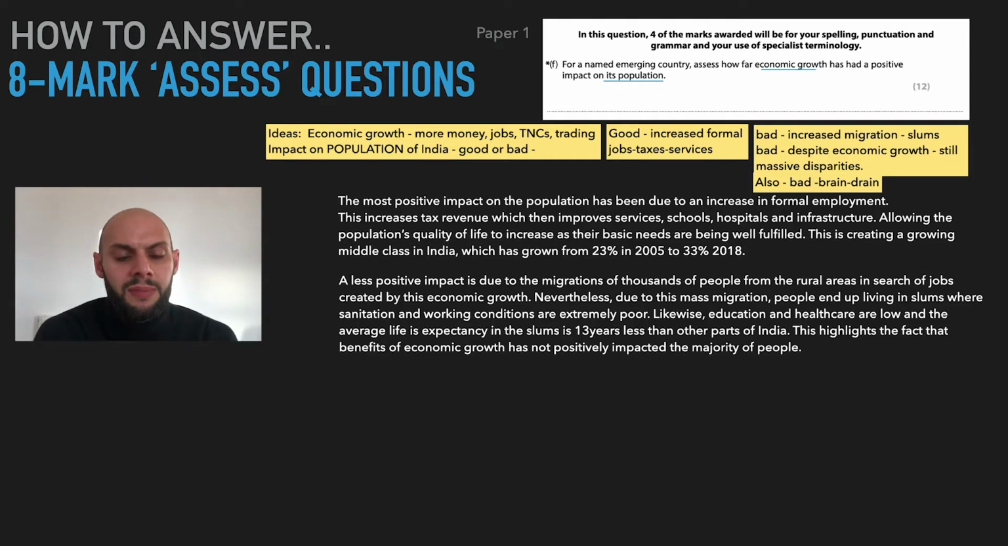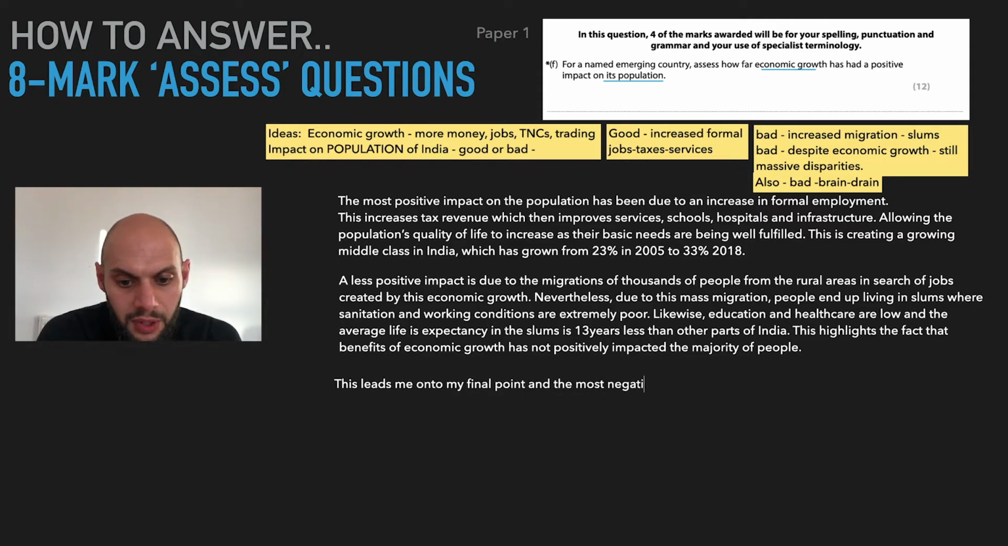So now it's time for my third factor. My third factor is going to be this disparity, this extremeness in India, where many people are extremely rich and many people are extremely poor. There's a lack of middle class. Even though in the first point we talked about a growth of middle class, overall there's still a huge disparity in India. So this leads me on to my final point and the most negative impact of economic growth in India,